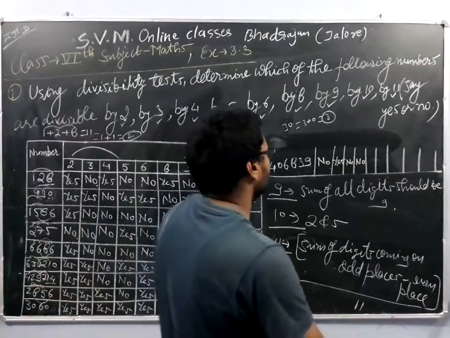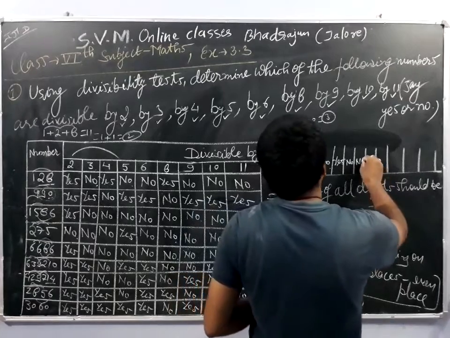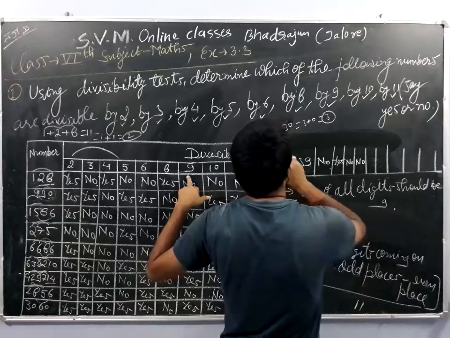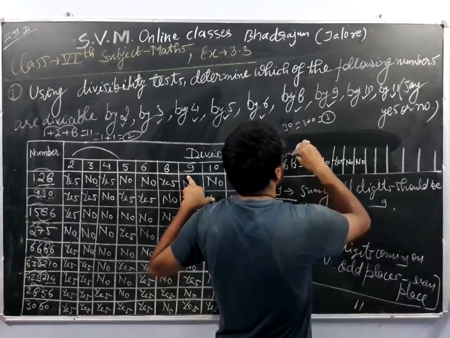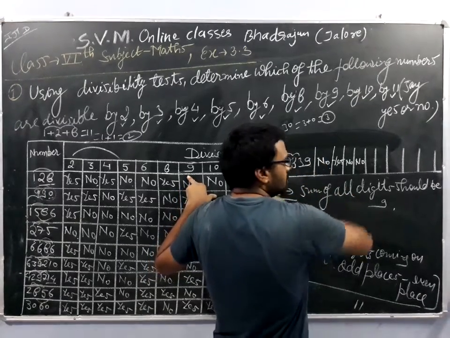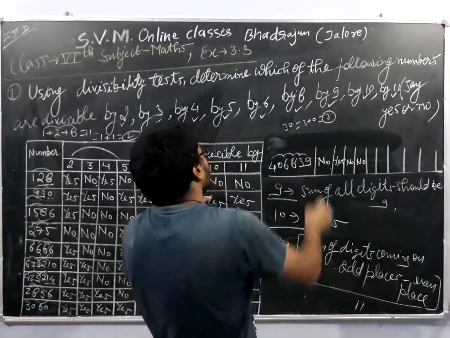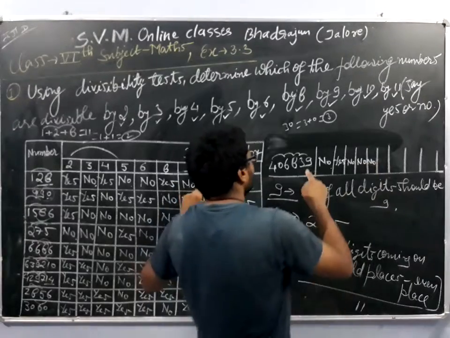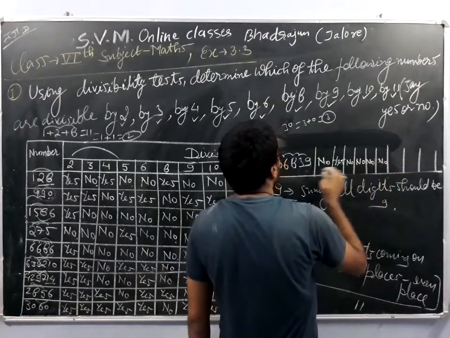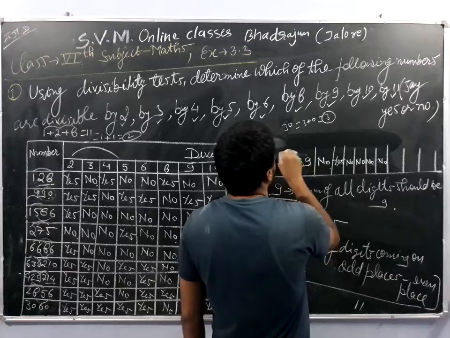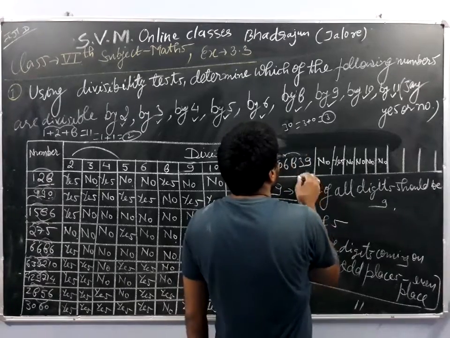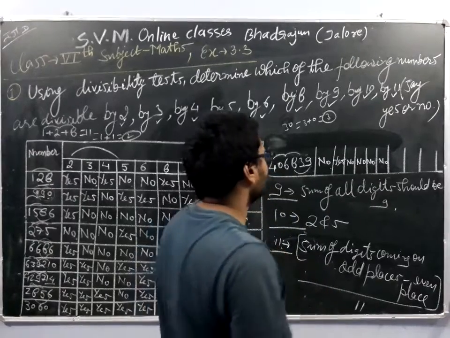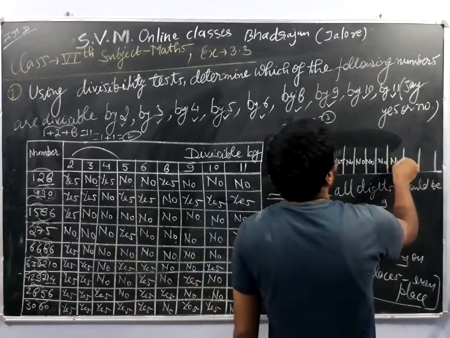Let us move towards this question, the last one of the video. For 9 we have to add: this is 10, this is 18, 18 plus 3 is 21, 21 plus 9, not divisible by 9. So the response is no. For 10, here we are seeing a 0 is there, so not divisible. Now we will check for 11. 10 plus 3 is 13, and the sum of 8 and 9 is 17. 17 minus 13 is 4, so not divisible by 11.